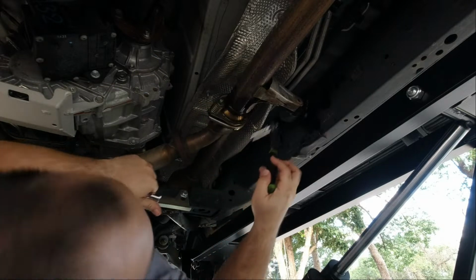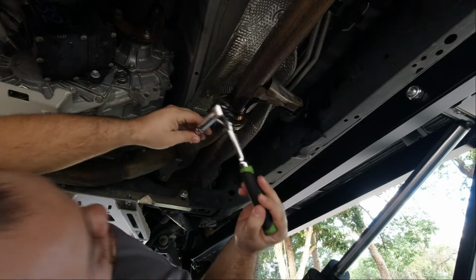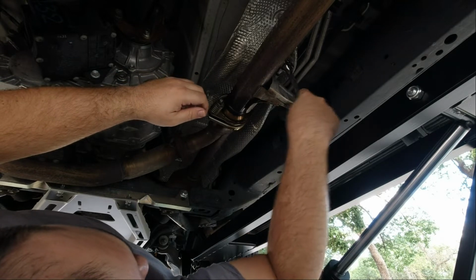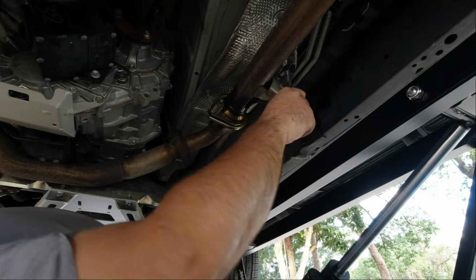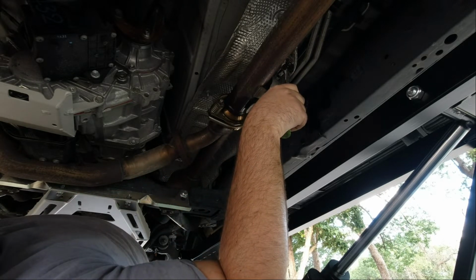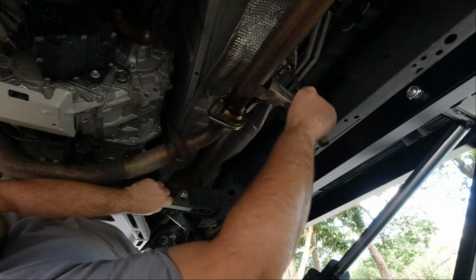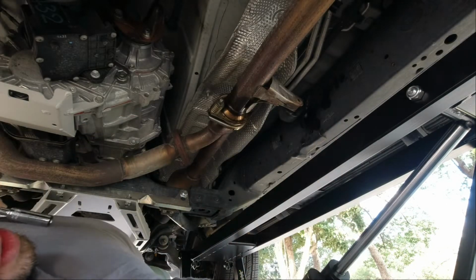You got it. All right. Needed the extension for this side. All right, guys. Wish me luck. It's a little tough, but gotta try. All right, you guys, I got this one. Let's move on to